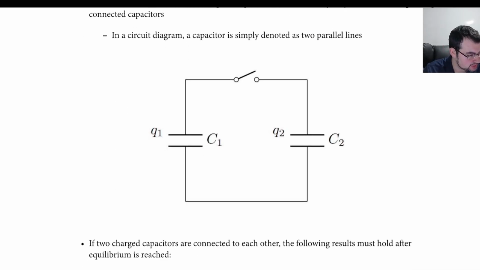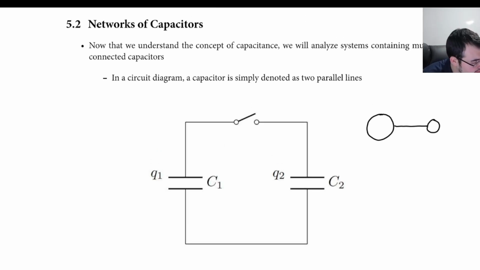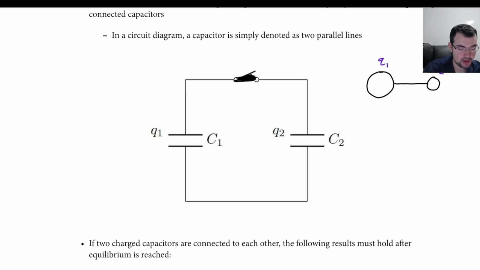So we actually see both of these rules, and this looks like a problem we've done before. Potentials are the same, Q is constant. Well, that's actually just this problem, where if we remember from electrostatics, we had a big sphere and a little sphere, and they held different Qs, and we were interested in finding the amount of charge that ended up on each of these conducting spheres. So realize it's the same idea, right? Because if I close this switch